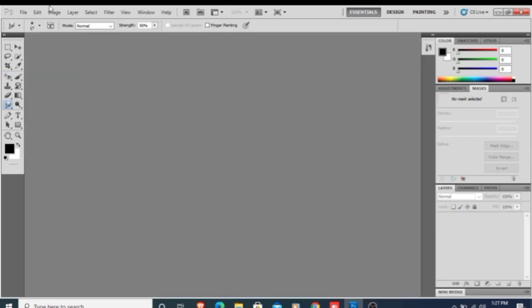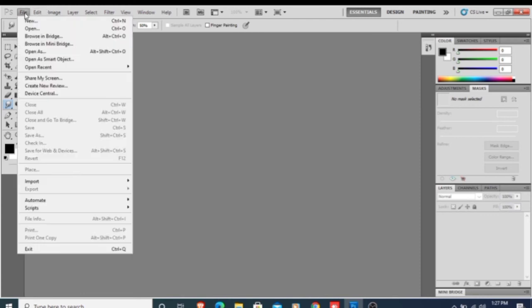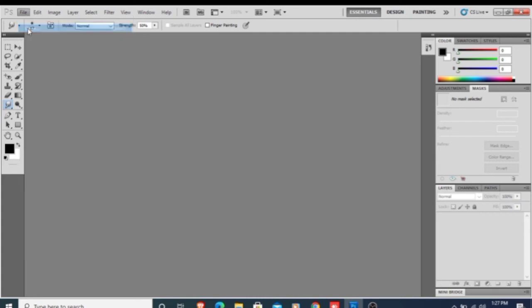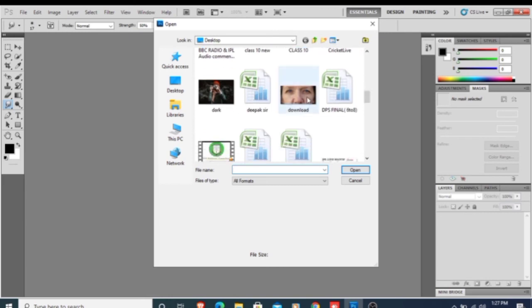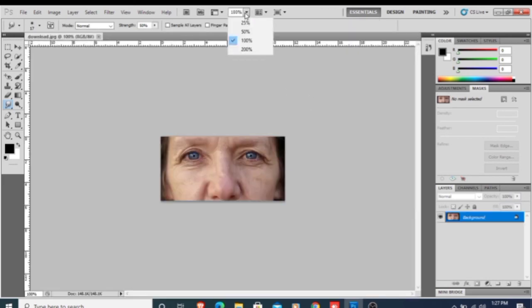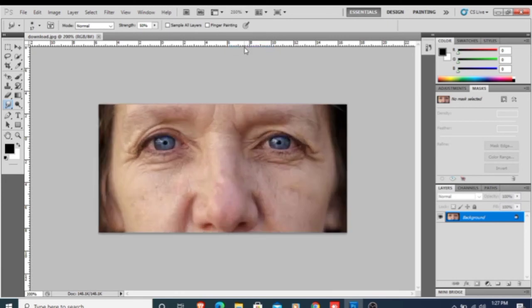Our next tool is the removing wrinkles tool. Photoshop offers us a smudge tool that removes the dust effect or scratches from the image. It also allows us to remove the wrinkles from the face or skin in photos. To do this, we have to open a wrinkled face image. Like this one is our wrinkled face image. We just have to zoom it.